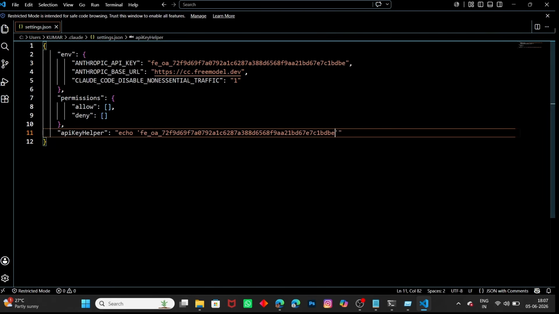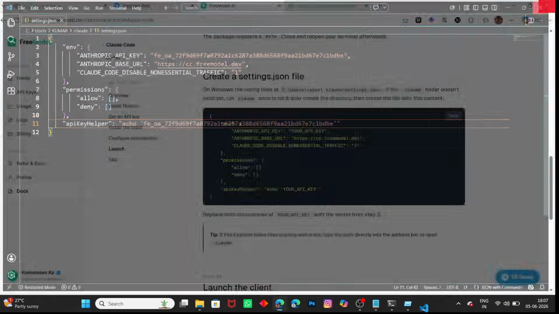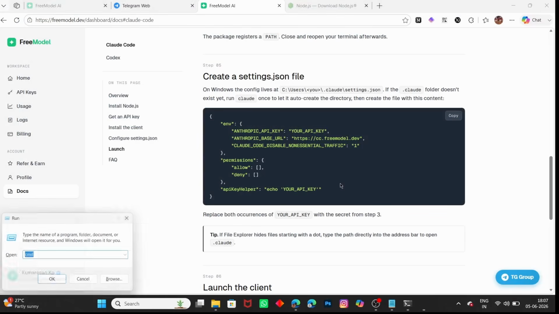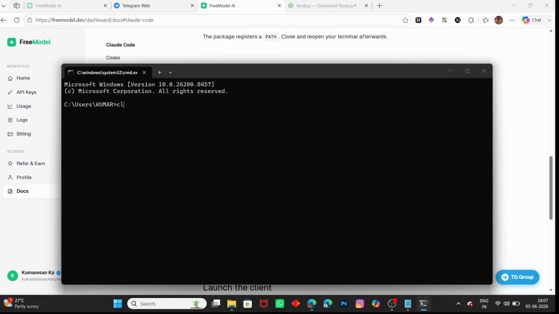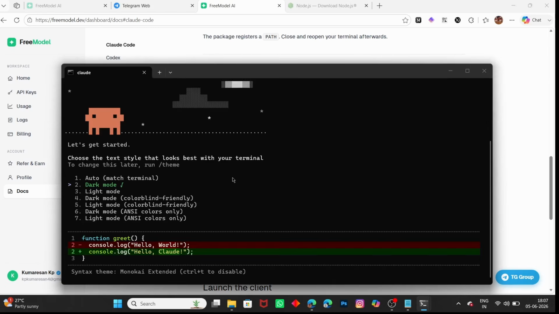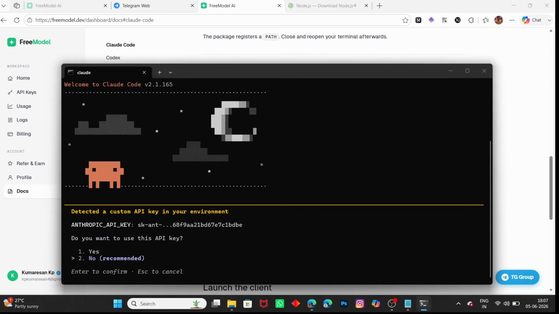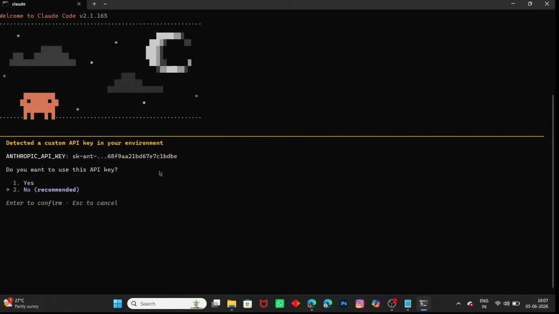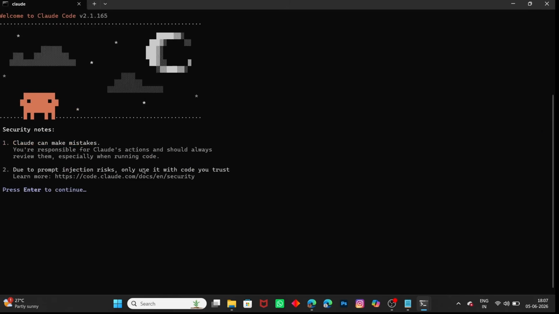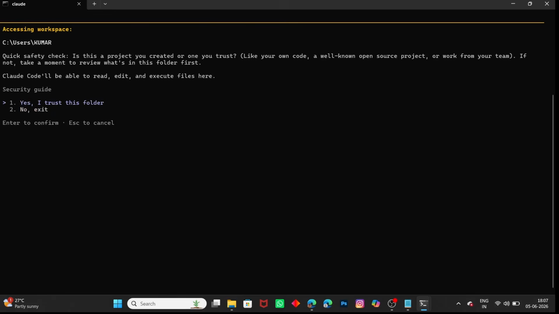Let's close all the terminals and open up a new terminal, and here just type claude. This time it won't ask you for any third-party or Claude subscription. It will directly give you the Claude Code terminal. I will show you. In the terminal, you can see it asks, do you want to use this API key? Just press 1, that is yes, we will use the key that we have provided, then press Enter to continue and select yes, I trust this